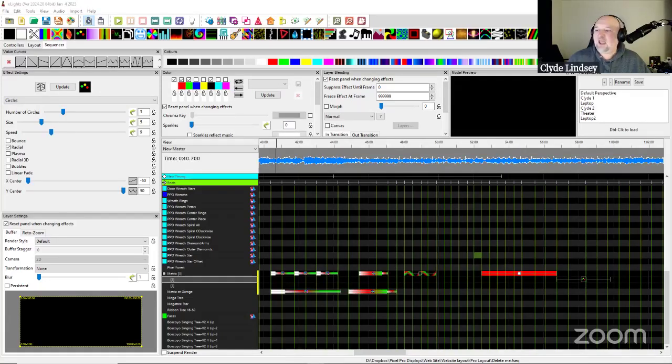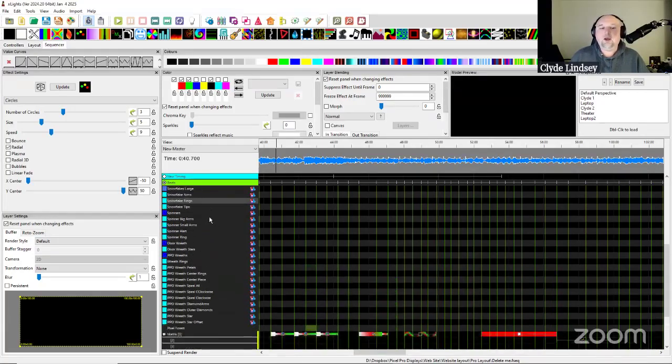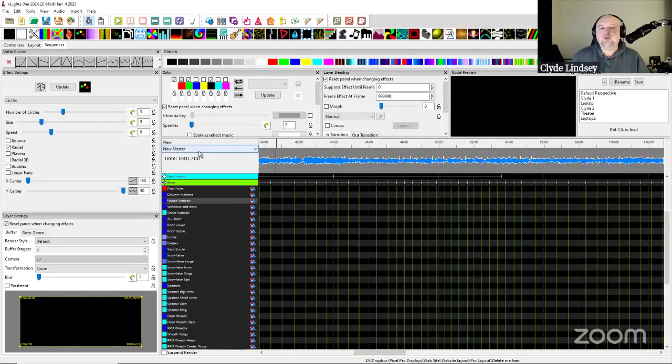Bulk edit tag colors for groups. So I made maybe two videos over the past year about tag colors. Tag colors are setting a color to a group where you can look at the master view. If I go to the new master, I'm going to open up the display elements,